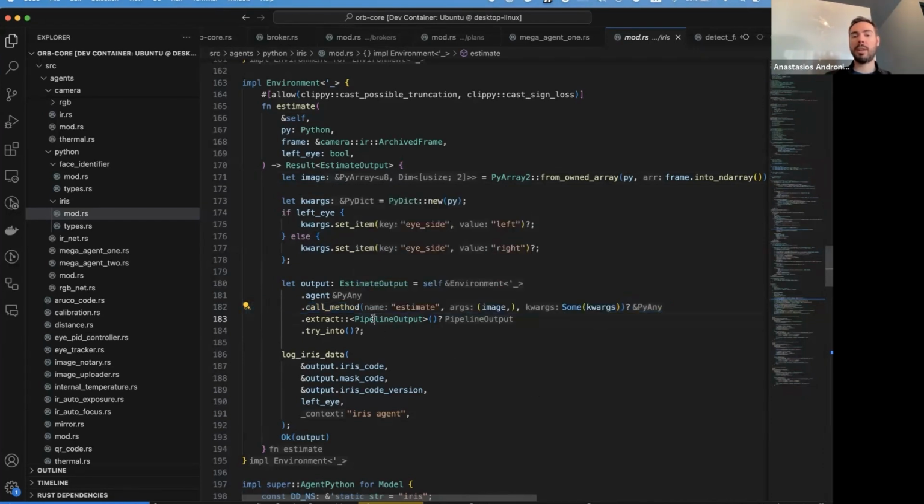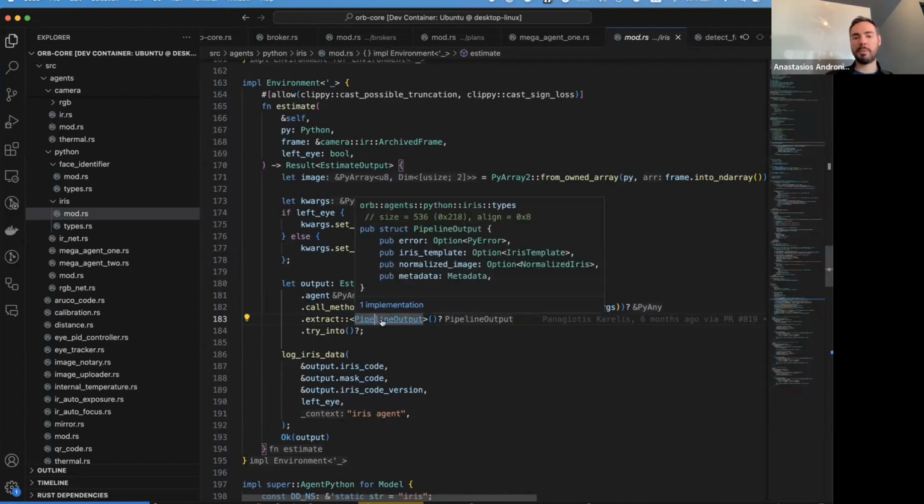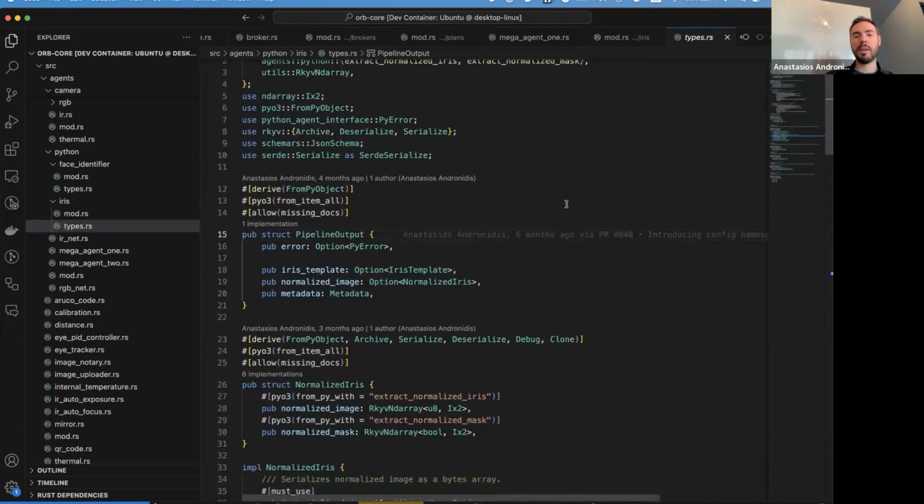And then the interesting thing is that we need to build the right typing system to get information from Python back to Rust. We have a lot of code examples on how this happens, but I'm just going to show you really quickly. This is, for example, the output of a specific function call that we do on Iris. And if you want to write your own Python agents, it's actually quite simple because there are a lot of annotations coming directly from PyO3 for you to build all the abstractions and the data types you require.